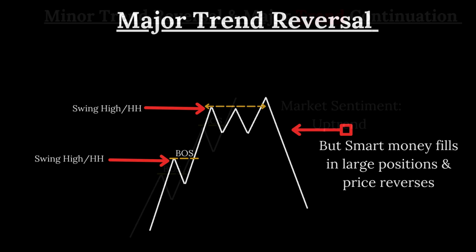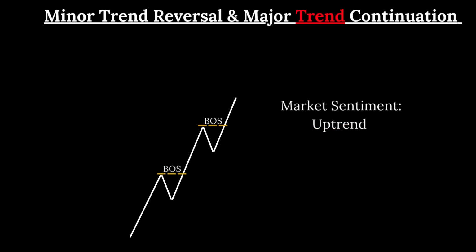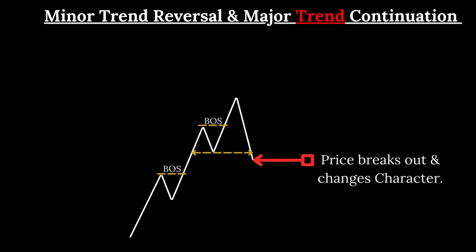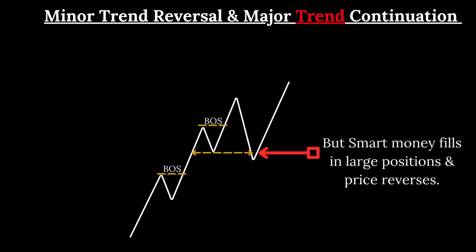Now let's flip the context and look at a minor trend reversal within a major trend continuation. The market is in a healthy uptrend. It pulls back and takes out the most recent swing low. Retail traders panic, thinking the uptrend is breaking, but price immediately reclaims that swing low with a strong bullish candle. This isn't a reversal of the overall trend. It's a continuation setup using the Turtle Soup concept to fake out weak hands before launching higher. Both situations revolve around one principle: liquidity traps, and both can be traded with the same core framework.